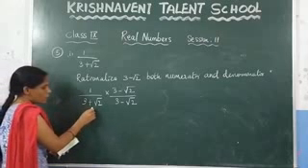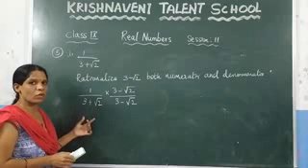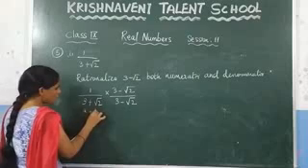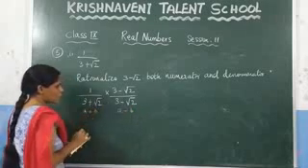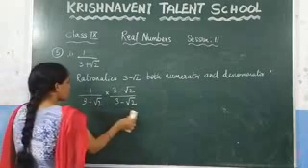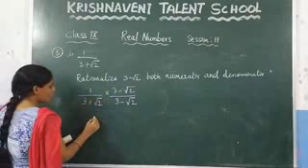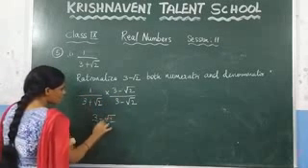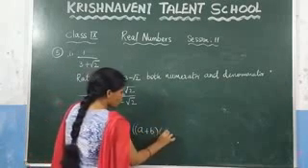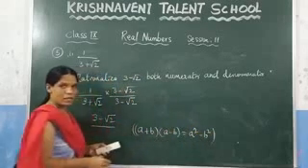If the root is cancelled, what do we need to do? We need to write it in the form of a square minus b square. Here you can observe that it is in the form of a plus b. Here it is in the form of a minus b. You know that a plus b into a minus b is nothing but a square minus b square. So, for that reason, we rationalize with 3 minus root 2. Now 1 into 3 minus root 2 is nothing but 3 minus root 2. Here it is in the form of what? A plus b into a minus b. What is the formula for a plus b into a minus b? Which is a square minus b square.